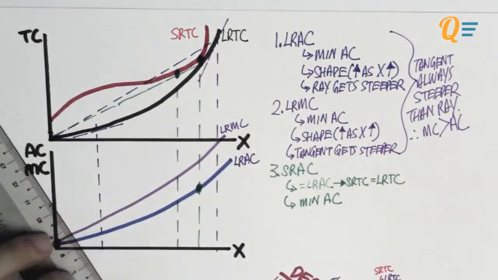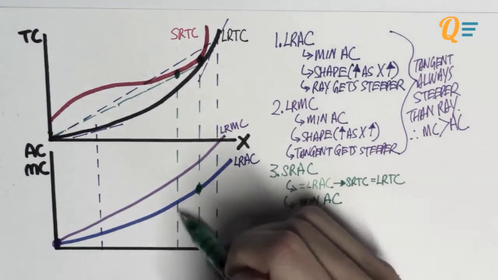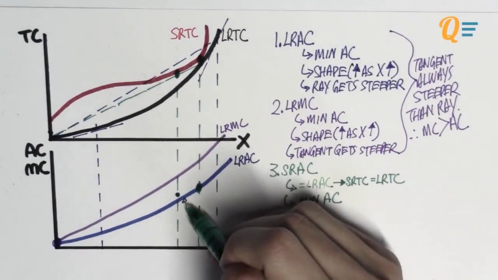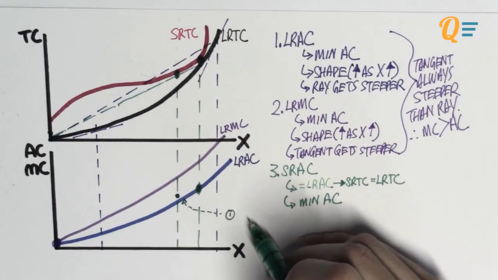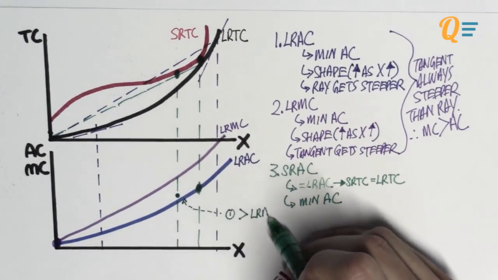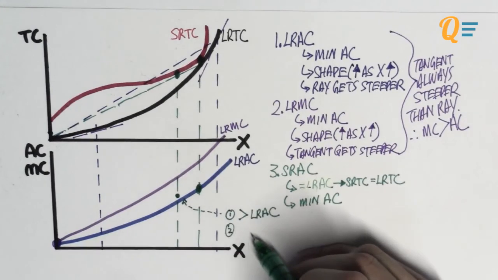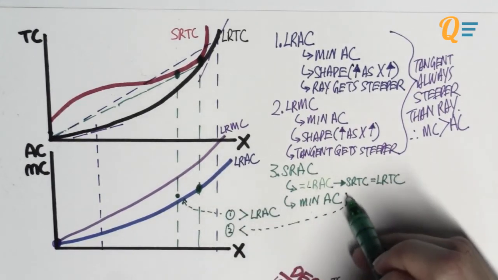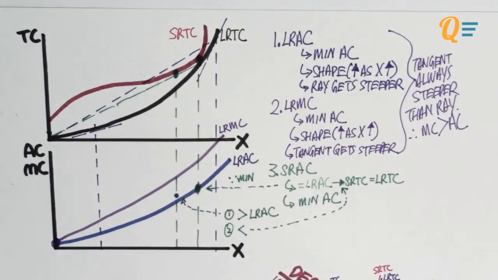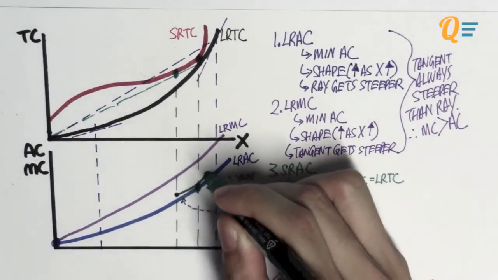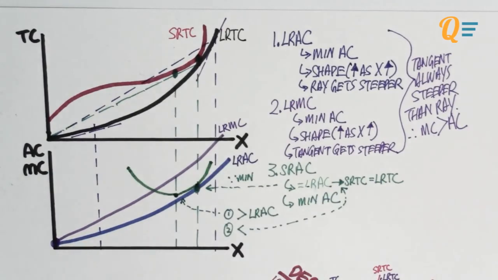So drawing the vertical line down, I'm going to mark the minimum AC, which is somewhere here. Now, why is it here? It's here for two very simple reasons. Firstly, because it has to be more than the LRAC, and it has to be less than this point over here. Alright, if not, it's not much of a minimum, right? So I got 2 points. I'm just going to connect these two lines together in a U shape, and I have my short run average